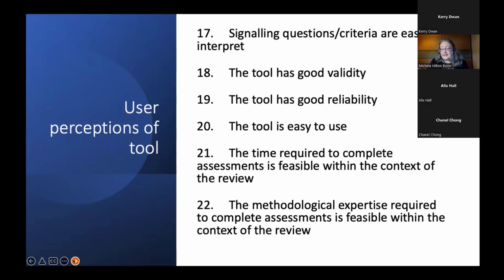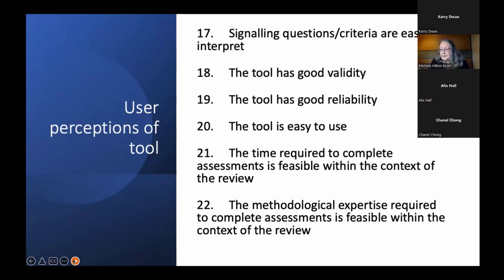But 7 of the original 36 long-listed criteria related to user views and experiences, or call them user perceptions. And 6 of these 7 were rated essential for selecting a risk of bias tool by more than 50% of respondents. These criteria are whether the questions or criteria are easy to interpret, that the performance of the tool is considered good, that the tool is easy to use, and that the time and methodological expertise required are considered feasible by the team using the tool.